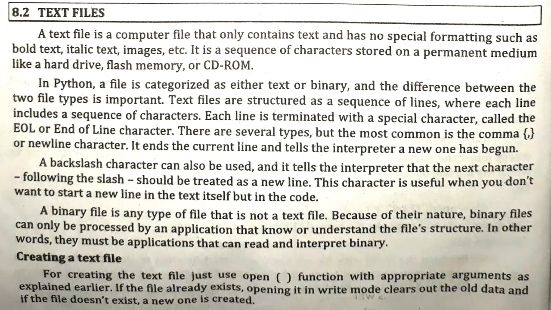So if you want to indicate that this particular sentence should be displayed on a new line, then we can make use of the comma operator, and along with the comma we have one more option, that is backslash. This character is useful when you don't want to start a new line in the text itself but in the code. Like we are using \n. So hello \n world.